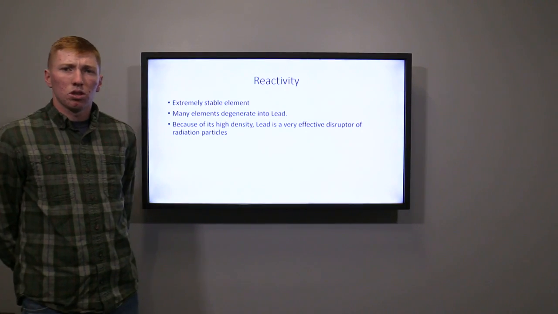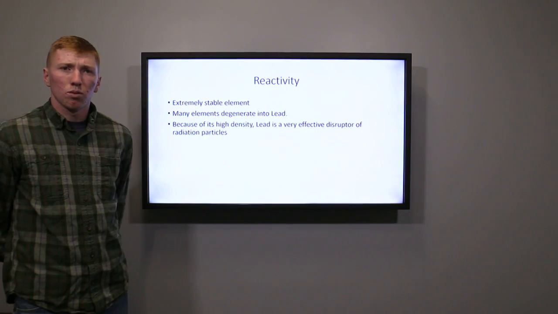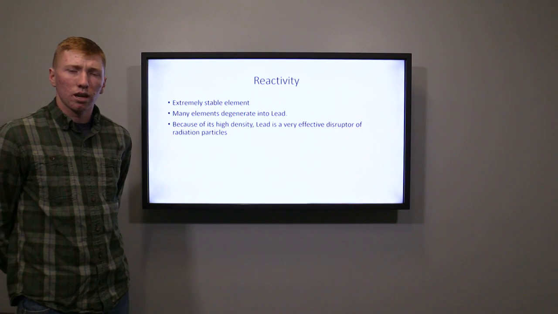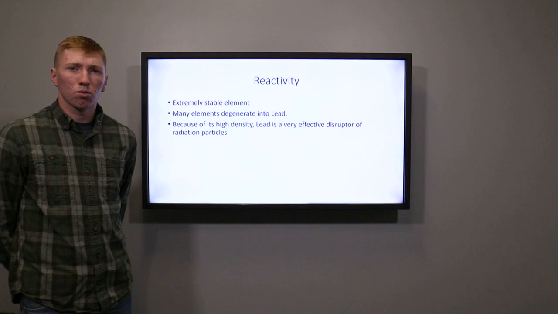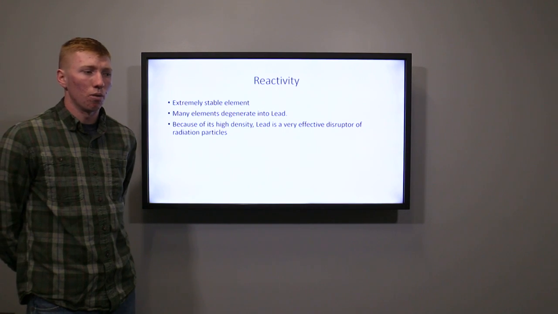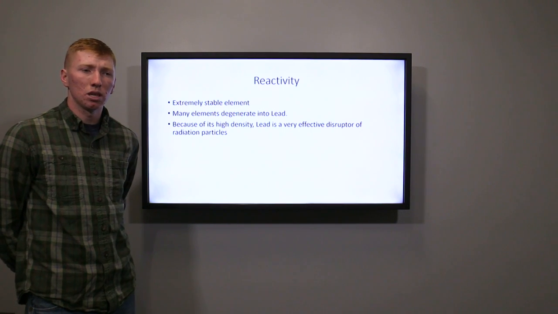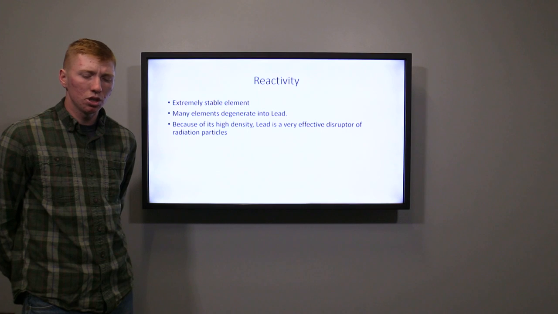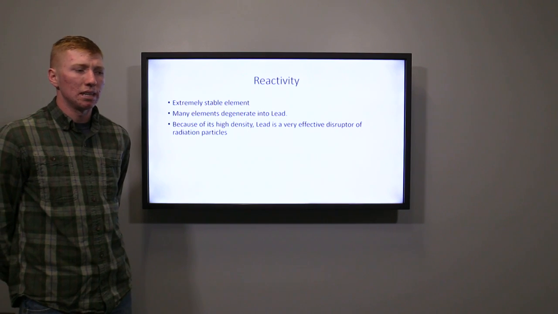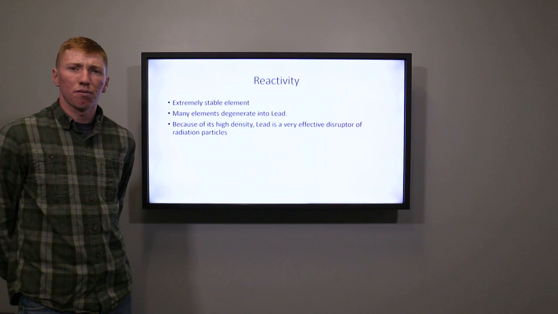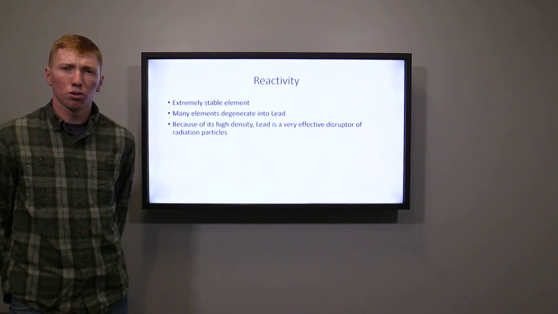As far as its reactivity, it's an extremely stable element. Besides reacting with oxygen soon after it's cut, which gives it that dull, tarnished color, it really does not react with anything else. In fact, it is so stable, many elements finish their degeneration into actual lead. Because of its high density, lead is a very effective disruptor of radiation particles,